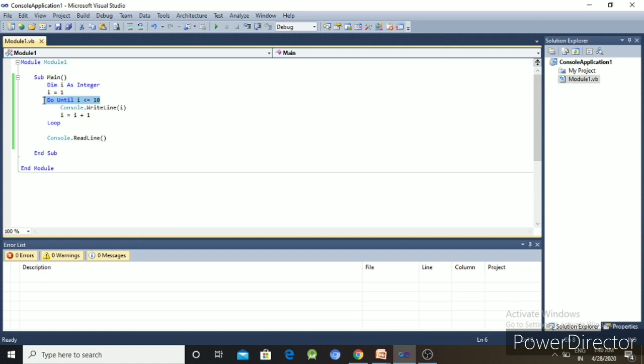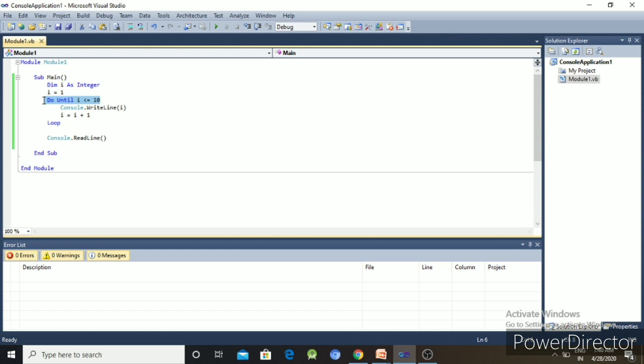We know the for loop, while loop and do while loop, but the do until loop is different. It terminates while the condition is true, and only when the condition is false does it display the output.